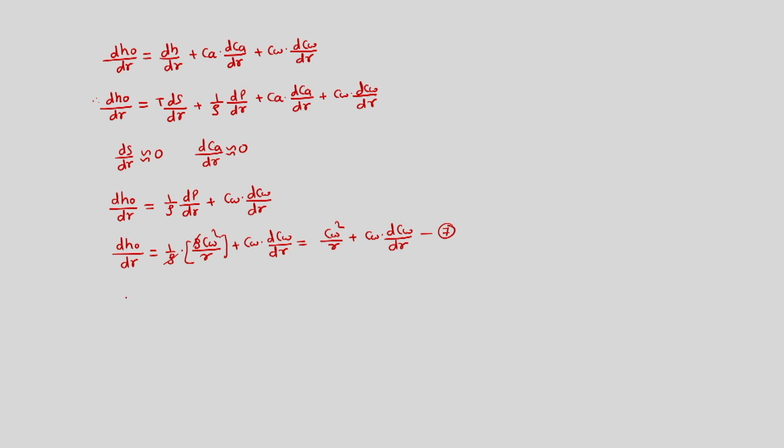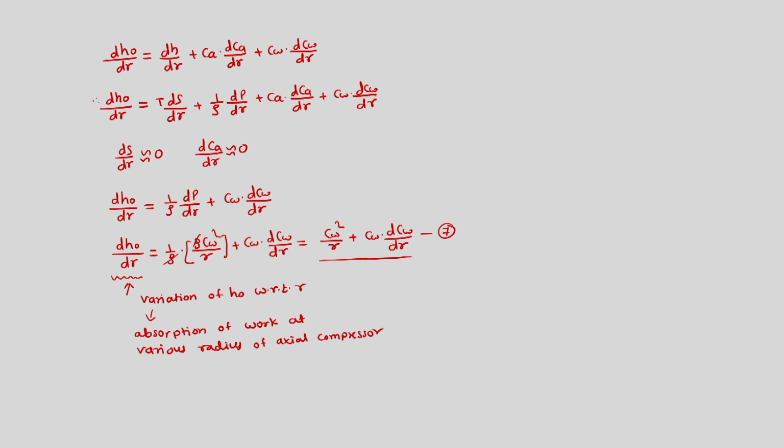In this equation number 7, we have the left hand side which says dH naught by dr, and the right hand side which has terms related to velocity. This left hand side term says the variation of H naught with respect to r. That means this term is related with absorption of work at various radius of axial compressor.